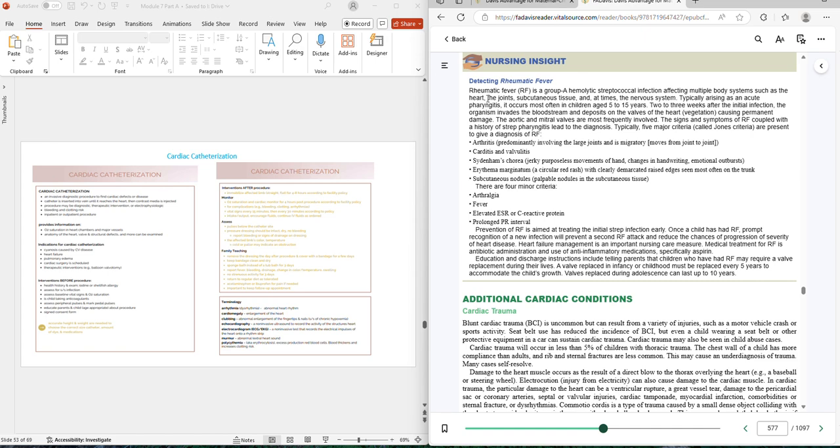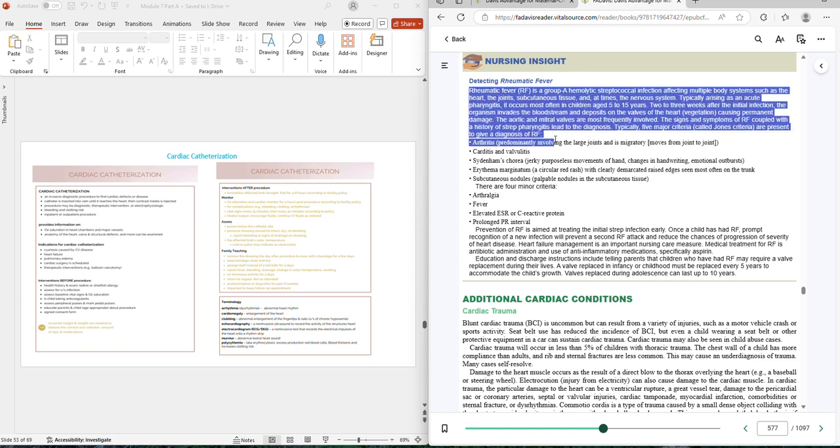Remember, we talked about the pharyngitis when I was talking about that with the previous chapter. So this is a heart condition that can be caused by a sore throat. Okay, that's why it's so important that they finish the antibiotics. All right. So winks and lollipops, you need to know this section all about